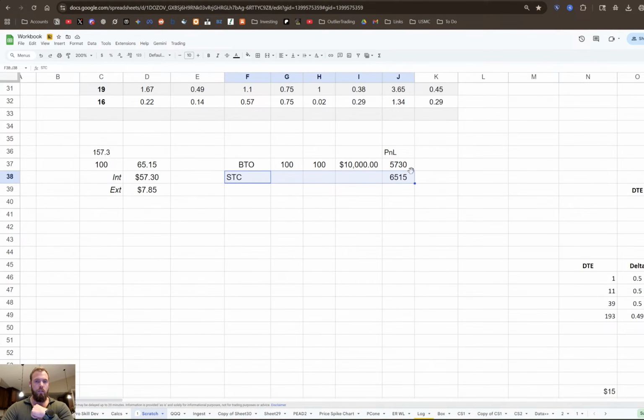And it's because of the extrinsic value. When you exercise early, you get rid of this, which you do not want to do. There's just no good reason to get rid of the extrinsic value. It's literally just throwing it away. There's no benefit to doing it whatsoever, which is exactly why early exercise is so rare. You just don't see it that much. So that is why that's typically not a good reason.